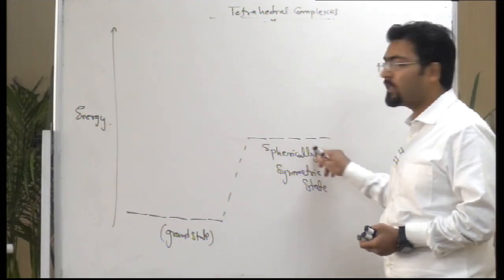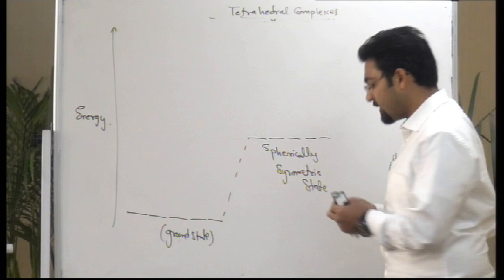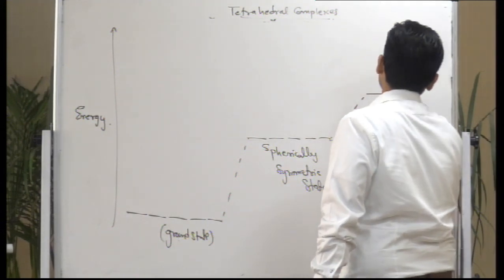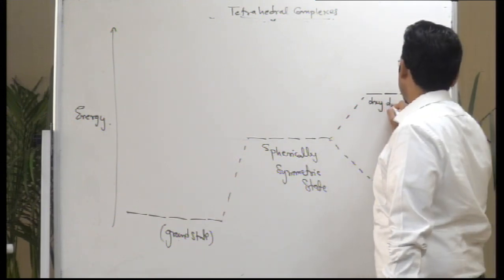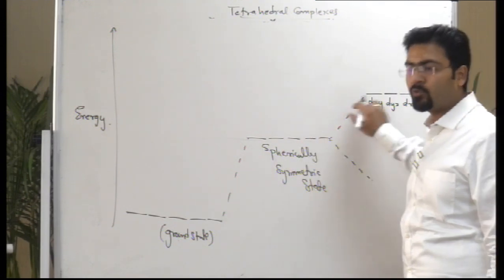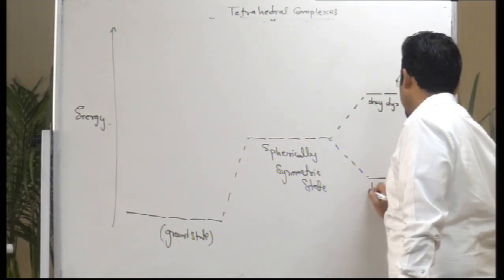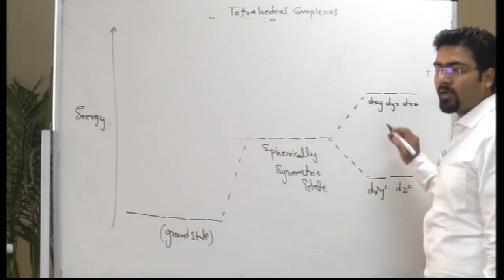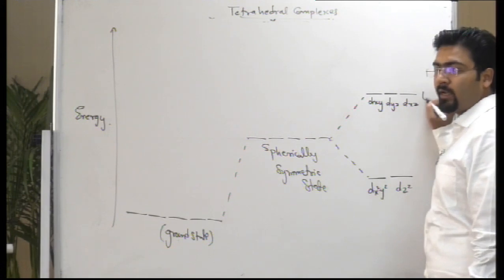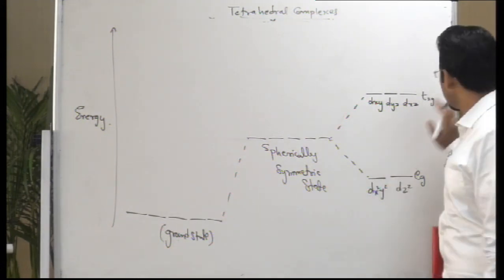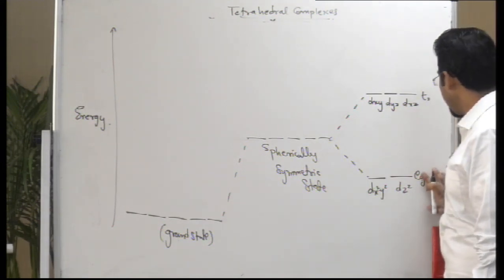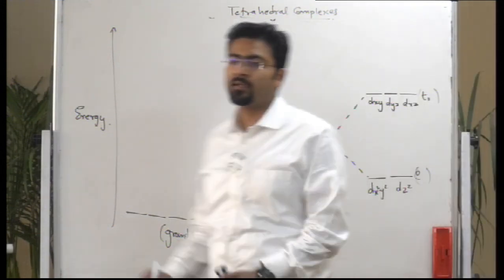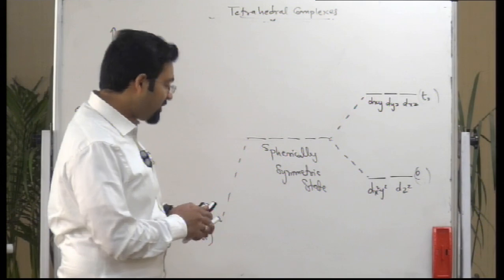of energy of these 5d orbitals will happen, but will happen in a different fashion this time, and that will be the energy of the 3d orbitals, which is dxy, dyz and dxz, will increase with respect to the barycenter, and the energy of the other two d orbitals, which is dx2 y2 and dz2, will decrease with respect to the barycenter. So as we saw in octahedral field complexes, this was called T2g and this was called eg. So here we do not use the term g, so this is simply T2 and E. Right, so this set is called T2, this set is called E, standing for the triply degenerate and doubly degenerate orbitals. And the energy gap between the two is called